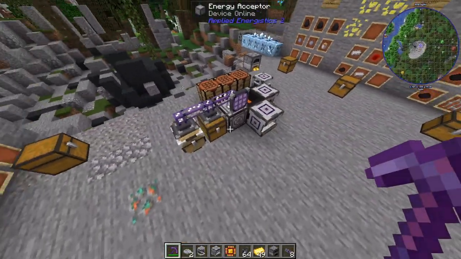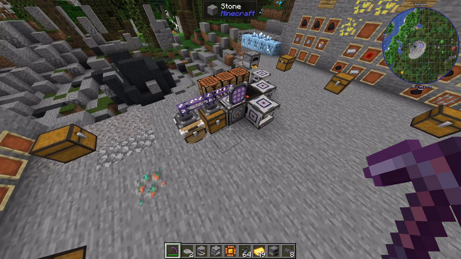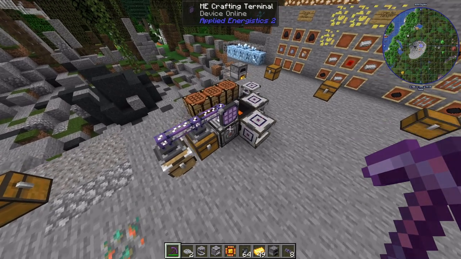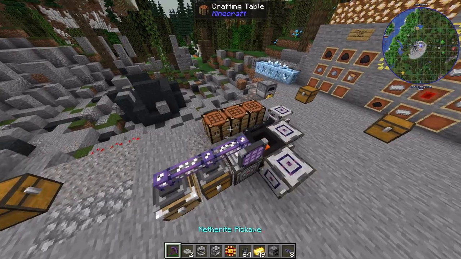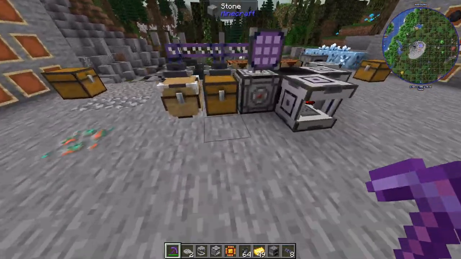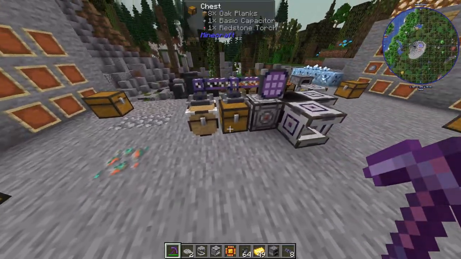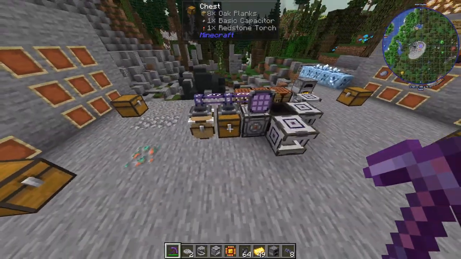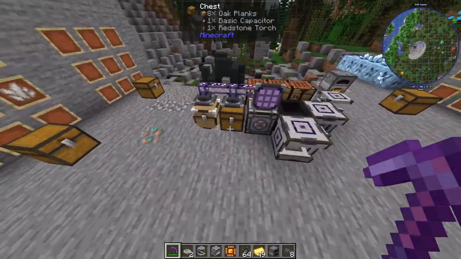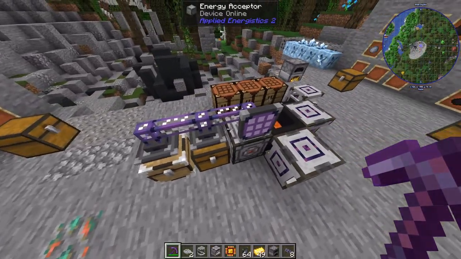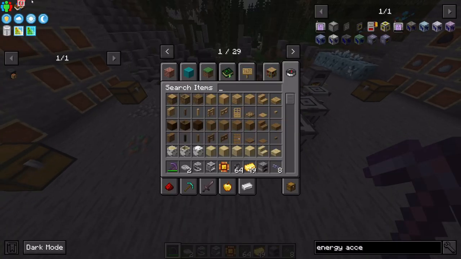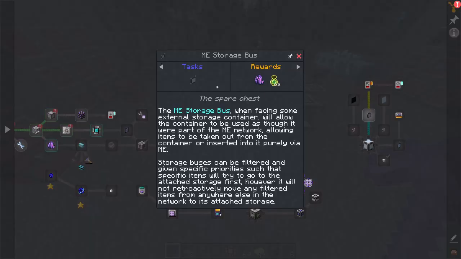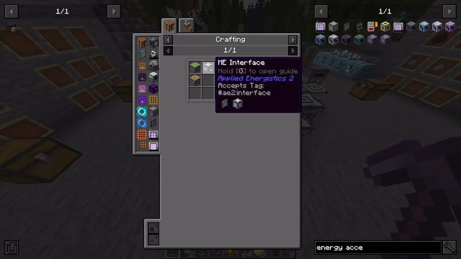I tried doing the ME drive setup. Time invested was excessive and unreasonable. And I was late game, so I had plenty of the resources, but it just still was not the best. It really was not the best. So iron chest, etc. But once you actually make the ME interface